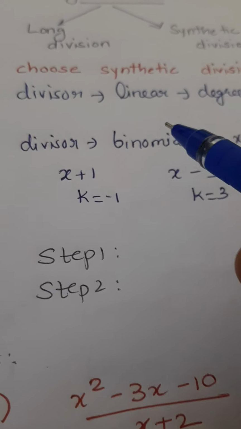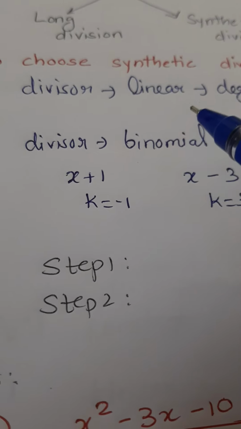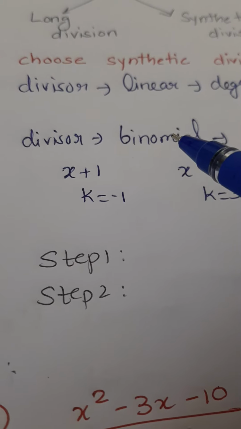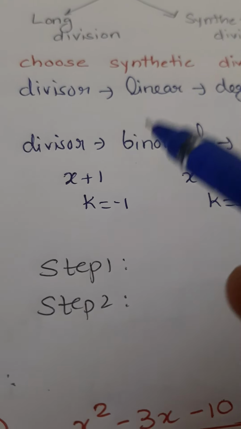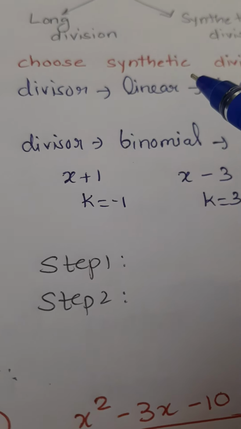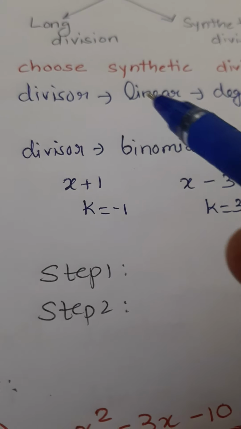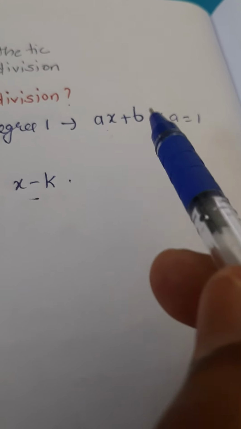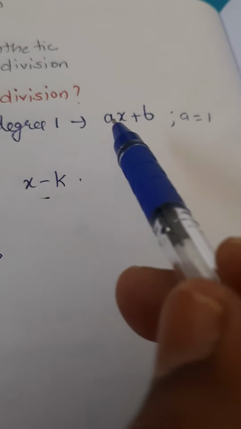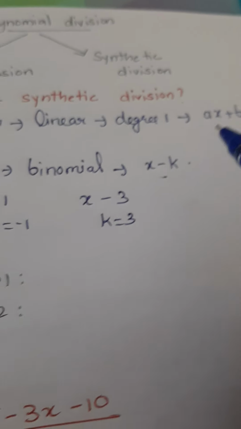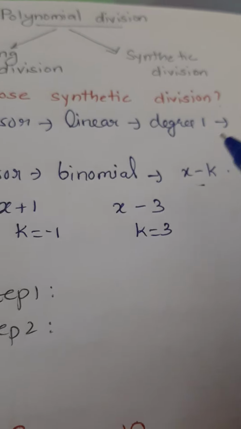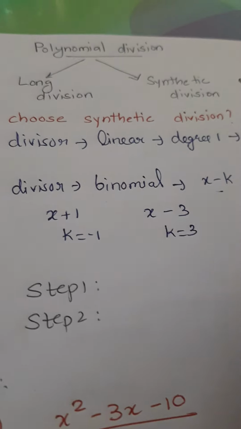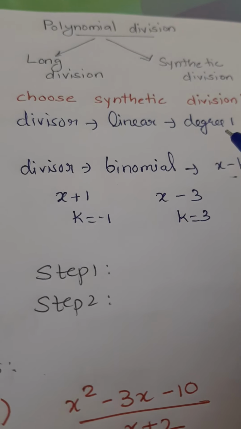Now, this is just a special case. In such cases it will be easy to perform the division, but it is not a criterion that only if it is fulfilled can you go for synthetic division. No, your divisor can be any polynomial. If it is a linear polynomial, the leading coefficient can be any number other than 1. Even then you can go for synthetic division, but the complexity increases. In that case you can choose either long division or synthetic division, but in this particular case synthetic division will be very easy to do.